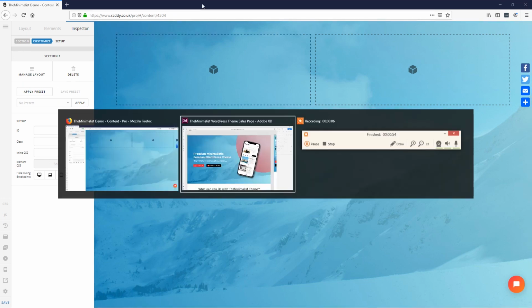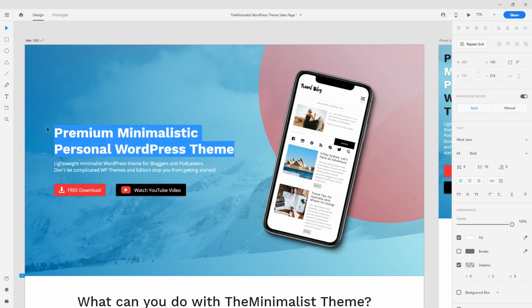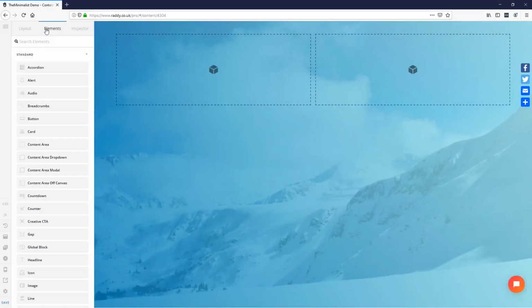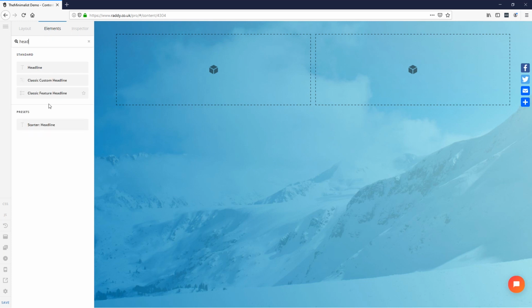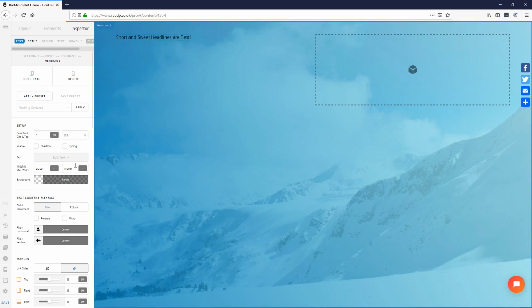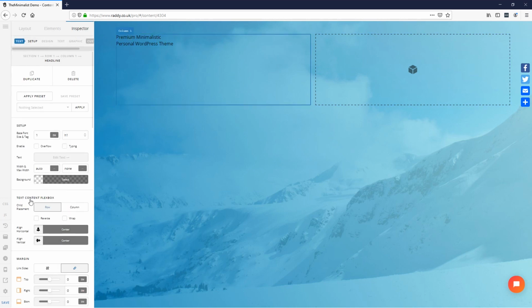If you remember, in the XD we have the title, which I'm probably going to change. I'm not sure about this title 100%, so I'm just going to copy this for the demo anyway, and go to elements and insert a heading. So headline, let's drag the headline in here, and as you can see the text is looking super small, but if we click on it, let's click edit text, paste this in here, and I'm just gonna hack this super quickly and just put a BR